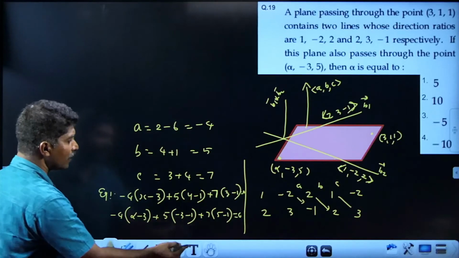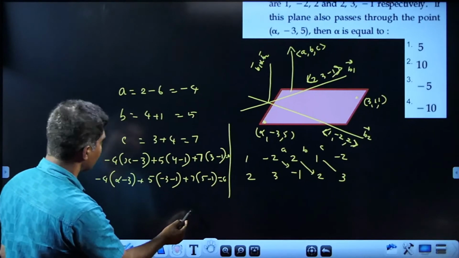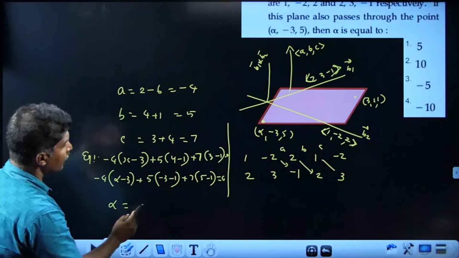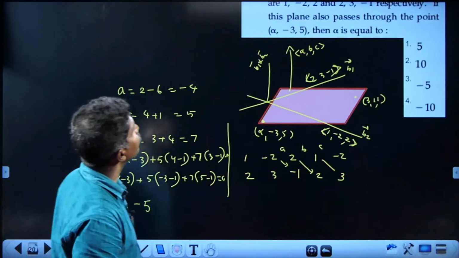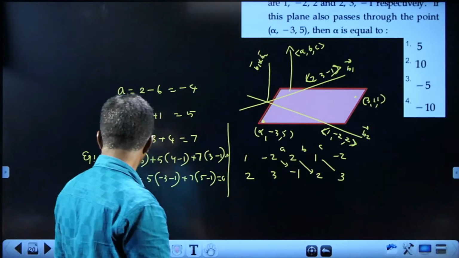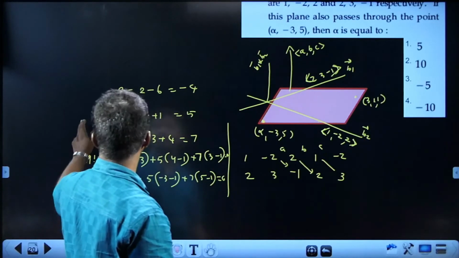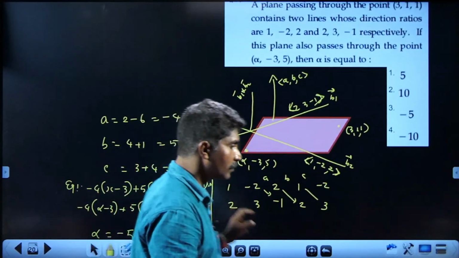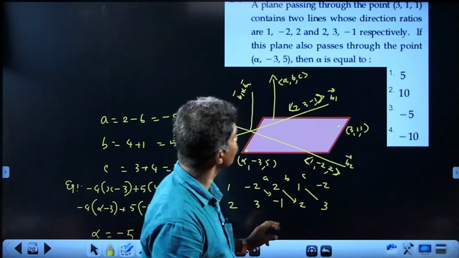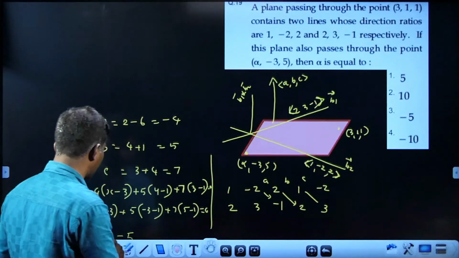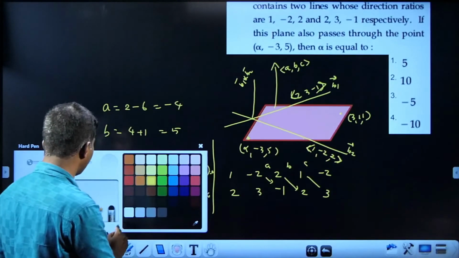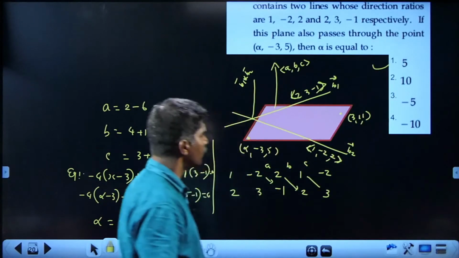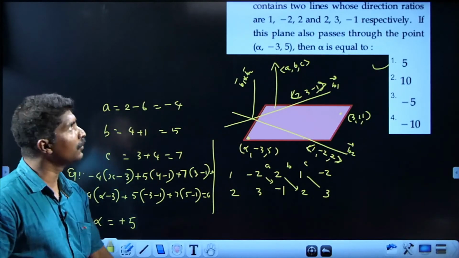Okay. Now we can simplify this one, and the answer will be alpha is equal to, I think it is negative 5 after simplification. Sorry, it is not, it will be 5 actually. Simplifying, you will be getting 5 as the answer. 5 will be the answer, not negative 5, 5. The remaining numerical simplification you can do very easily.